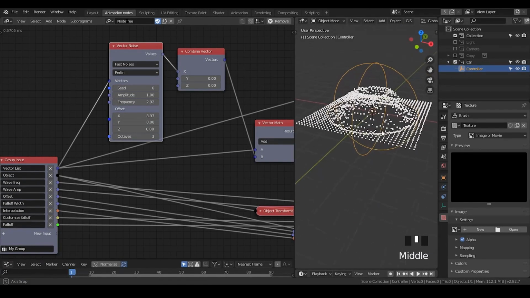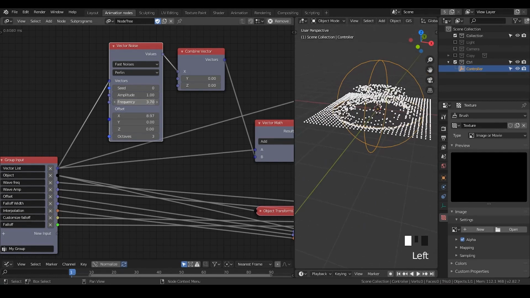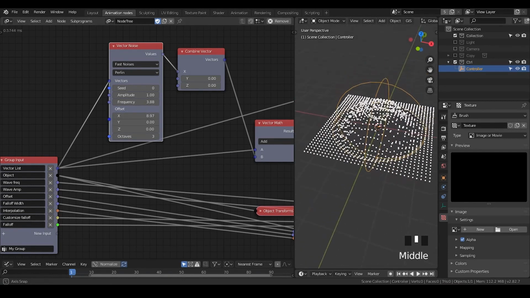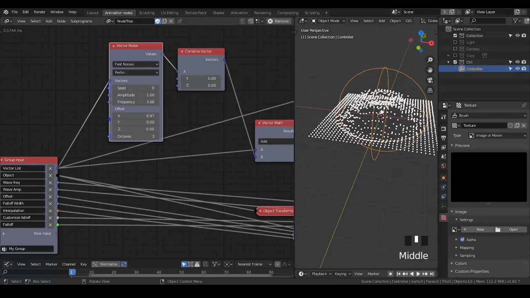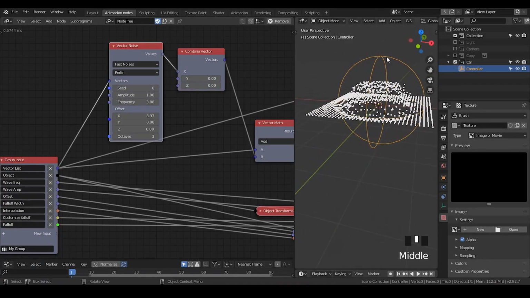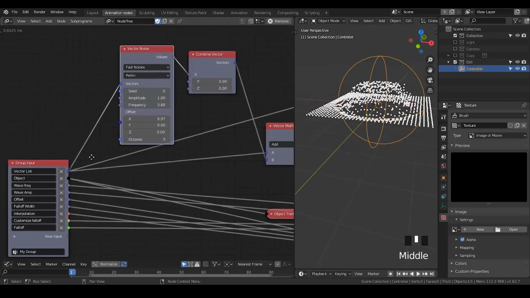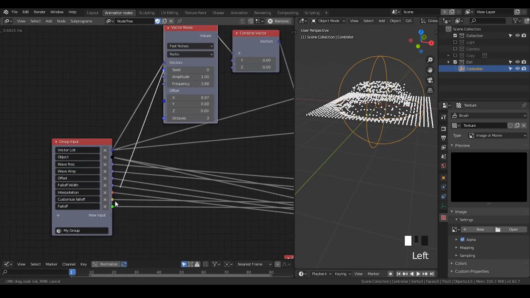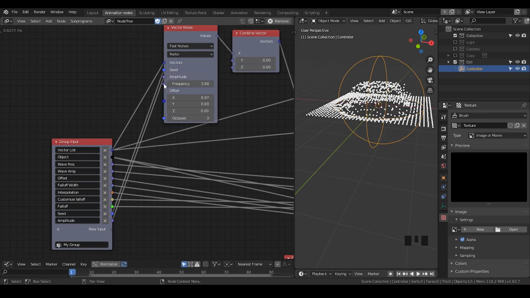So from this point, you can see even if I increase the frequency very high, it's still a kind of visible wave. You can see the general structure of how this wave actually looks. So what you can potentially do is to put all these seeds back to the inputs, amplitude to the input, frequency into the input,